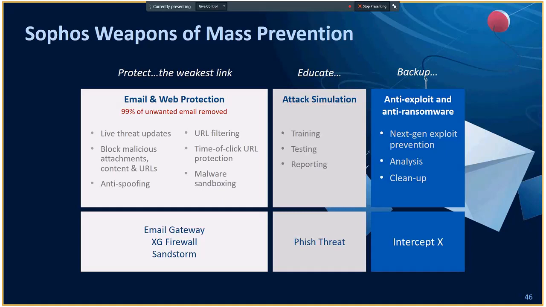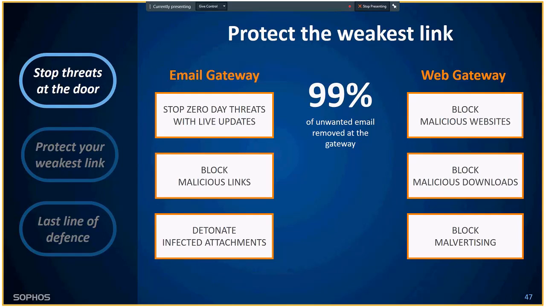So 99% of unwanted email can be removed at the gateway level if you have email security. So email gateway is still very important. Now you'll be asking, what about those that have Office 365 in the cloud? For Office 365 in the cloud, we also have Sophos email in the cloud. Sophos email will act like an email gateway, will receive your emails from Microsoft, will clean up your inbox, and make the clean inbox available to you. So at the cloud gateway level as well, we can remove 99% of unwanted email, phishing emails